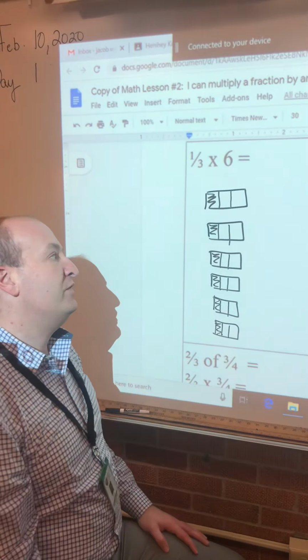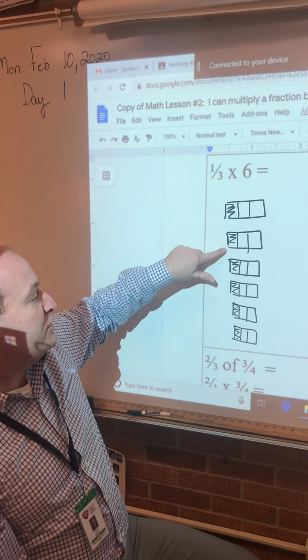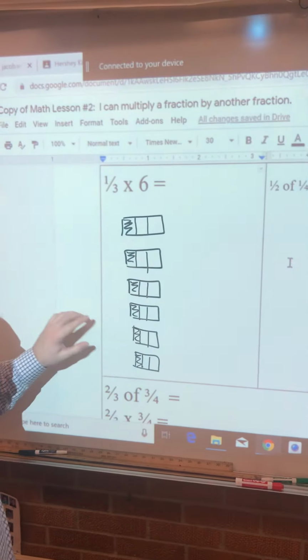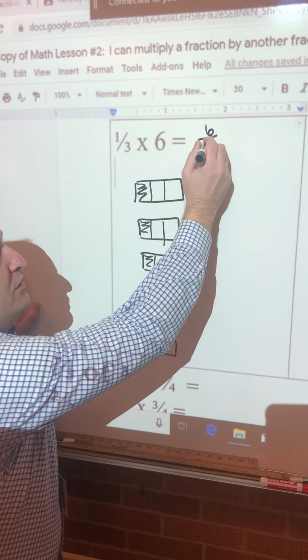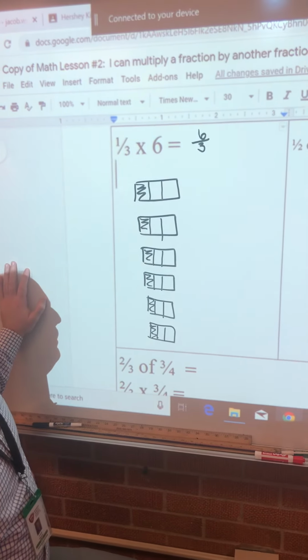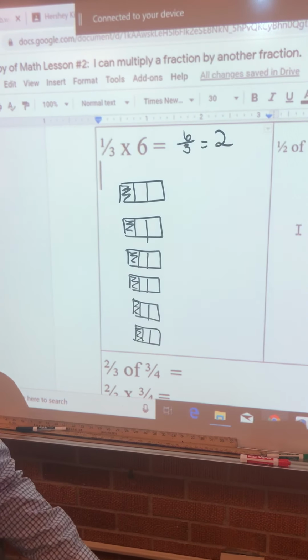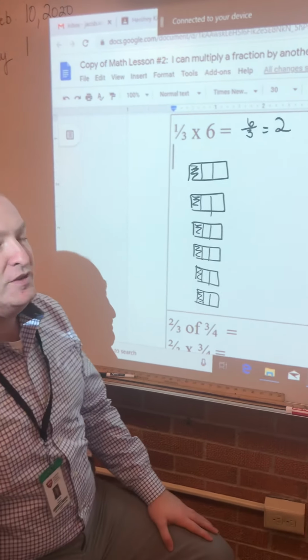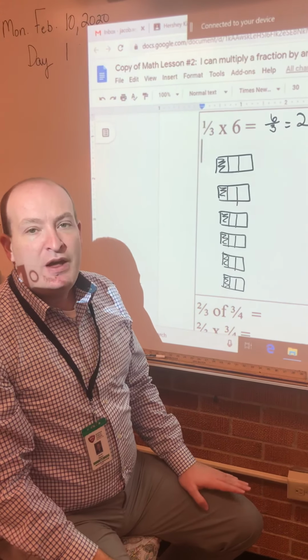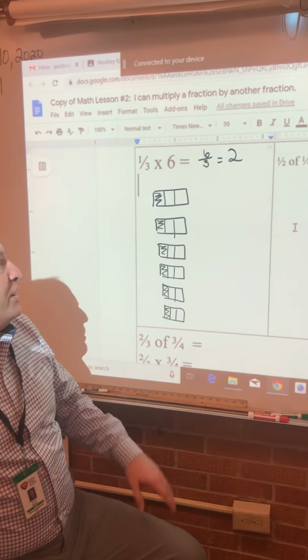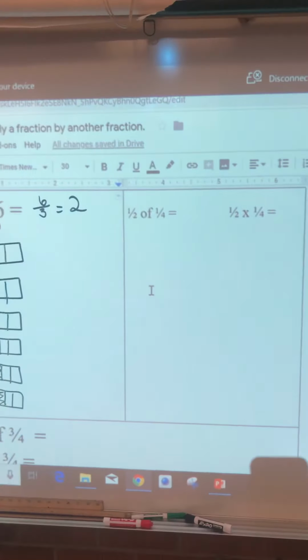Just like we did in the previous video. So this is 1, 2, 3, 4, 5, 6 thirds. And again, I'm going to remember that that's equal to 2. So that's multiplying. We've done this before. That was the previous lesson. As we move forward, we're going to look at now being able to multiply where we have two fractions as